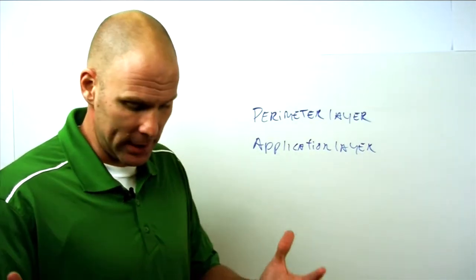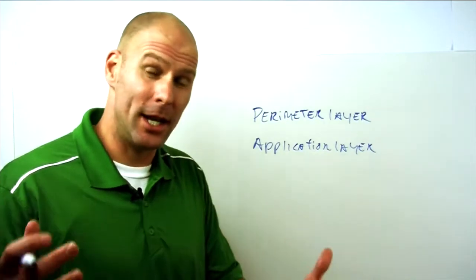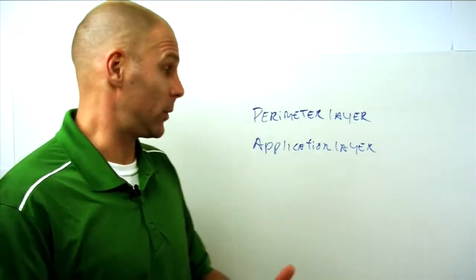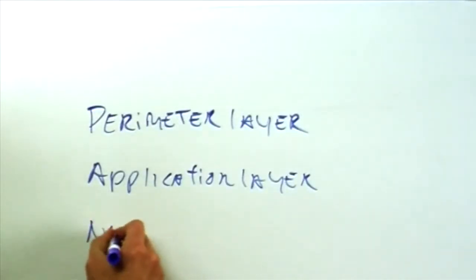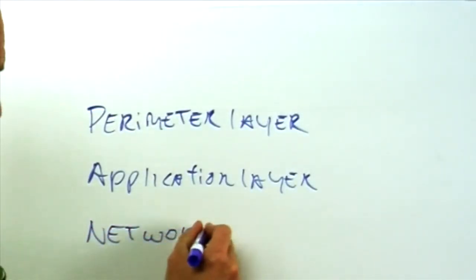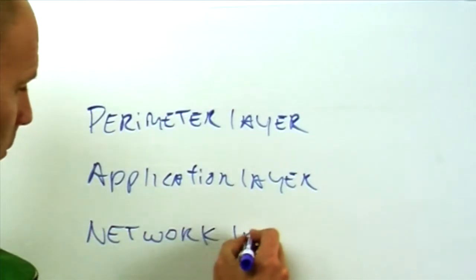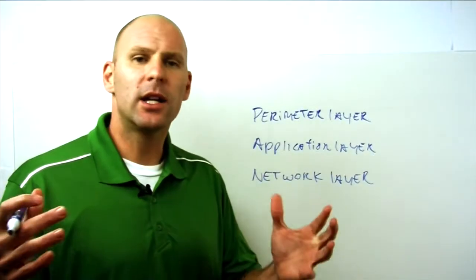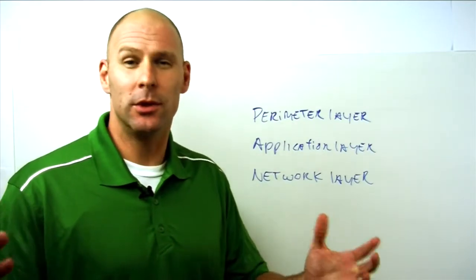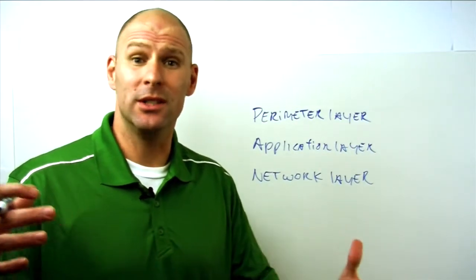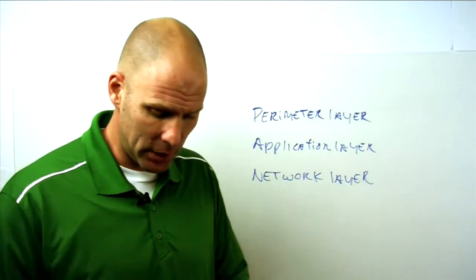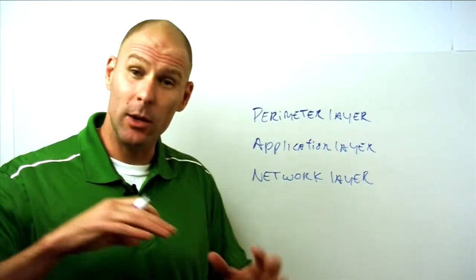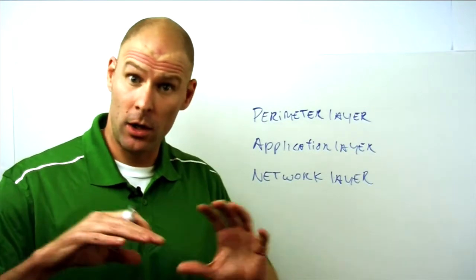Beyond the application layer, what you start looking at is the network layer, and this is where it's really critical that you think about who you're working with, right? So at GoGrid, we've taken steps to ensure that the network is secure on a variety of levels. So everything from intrusion detection, network-based firewalls that are on our side,